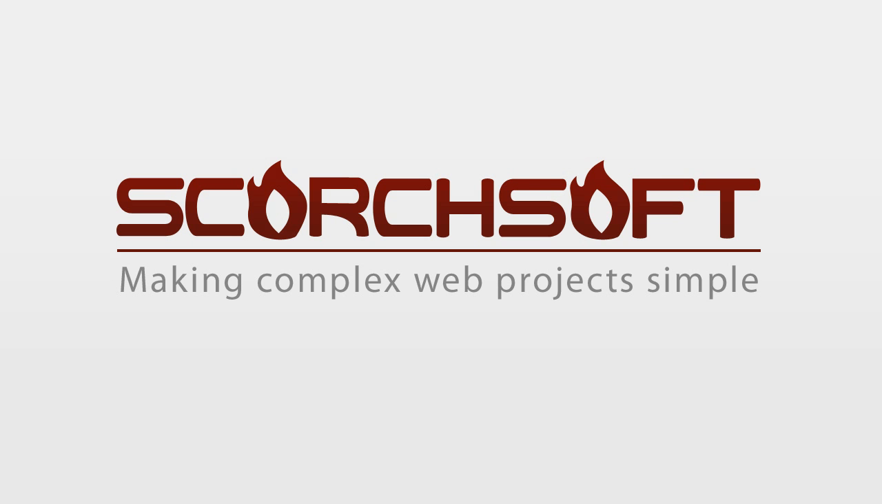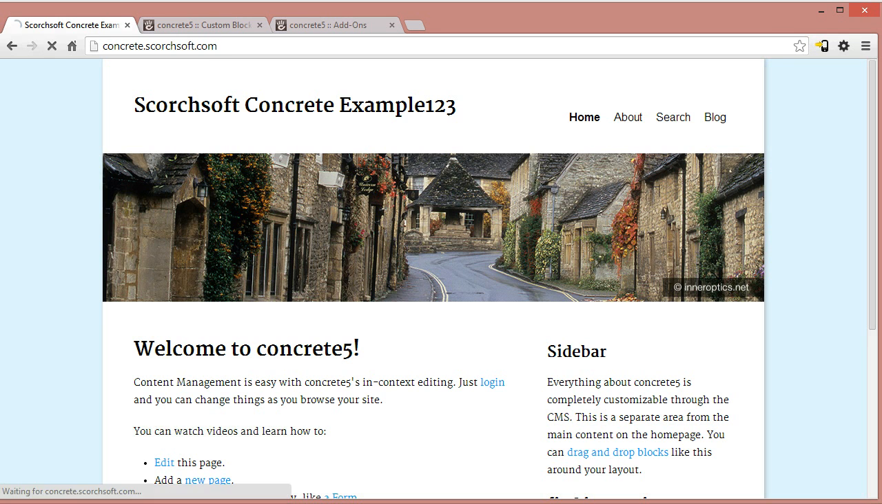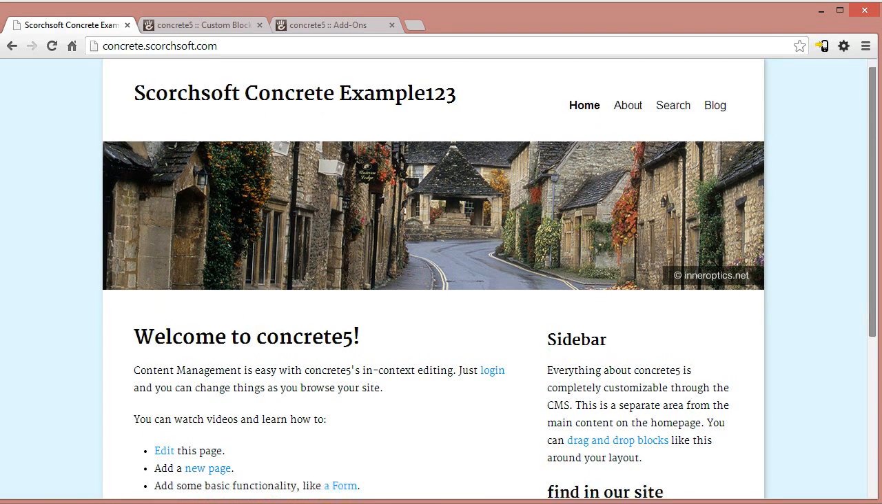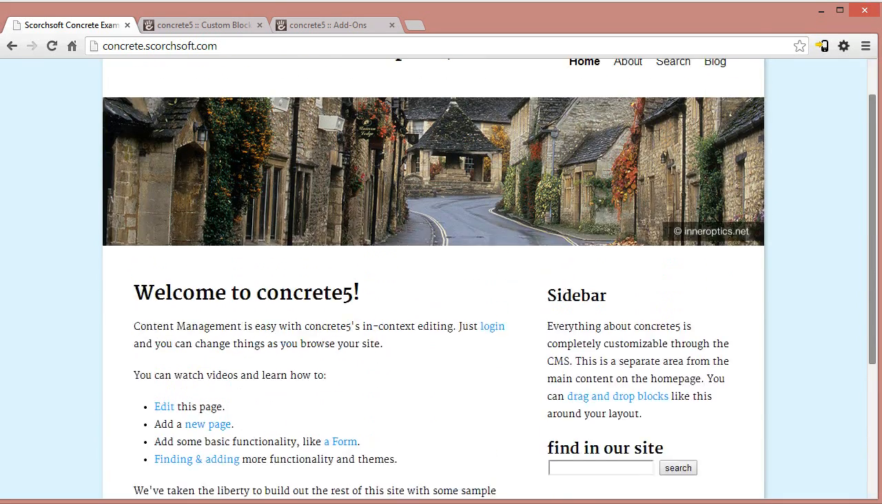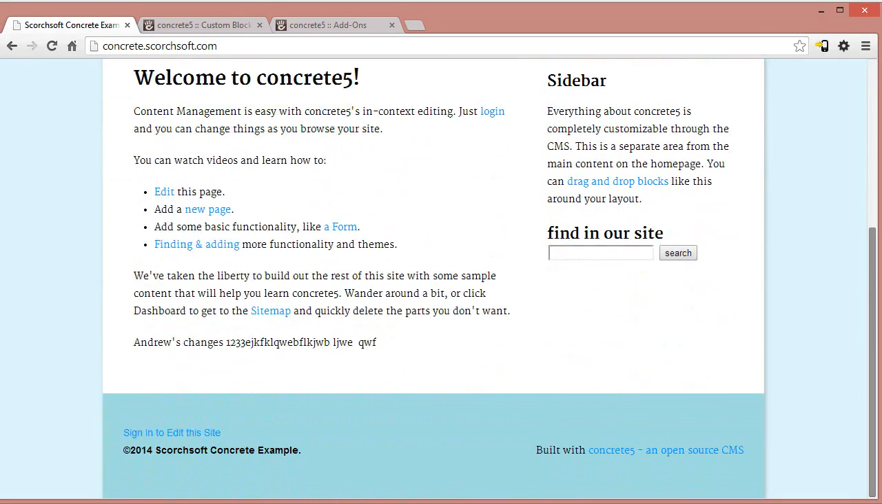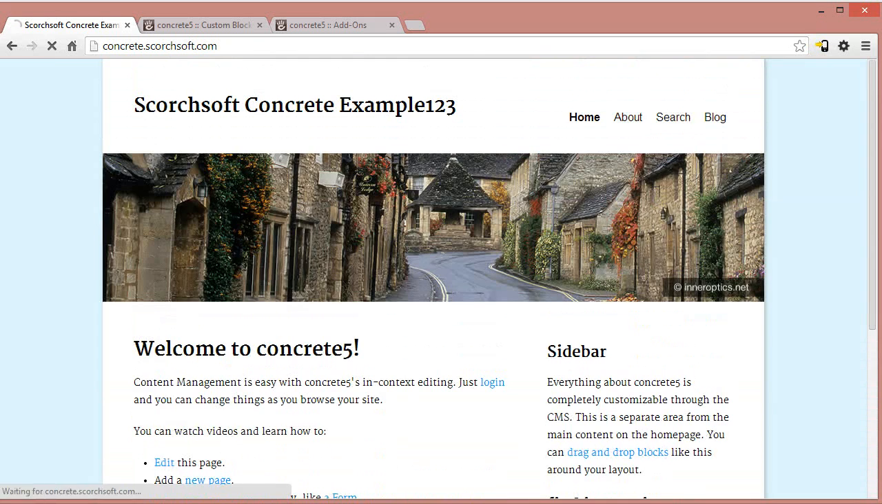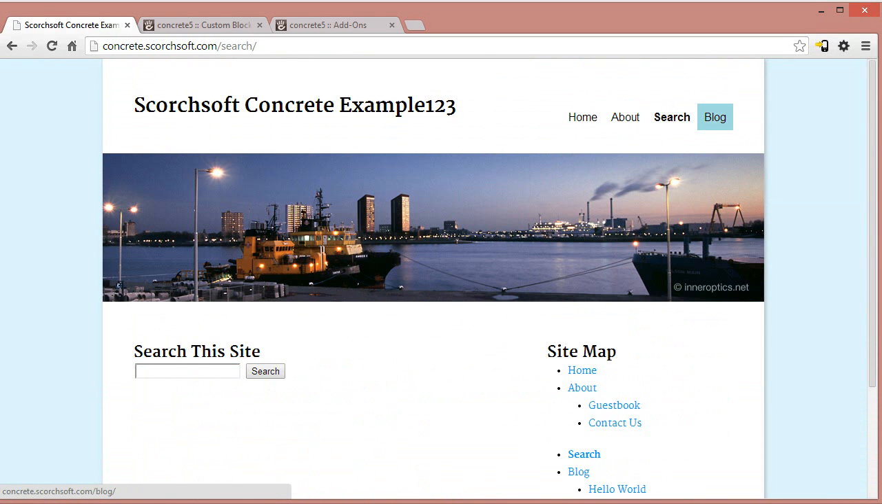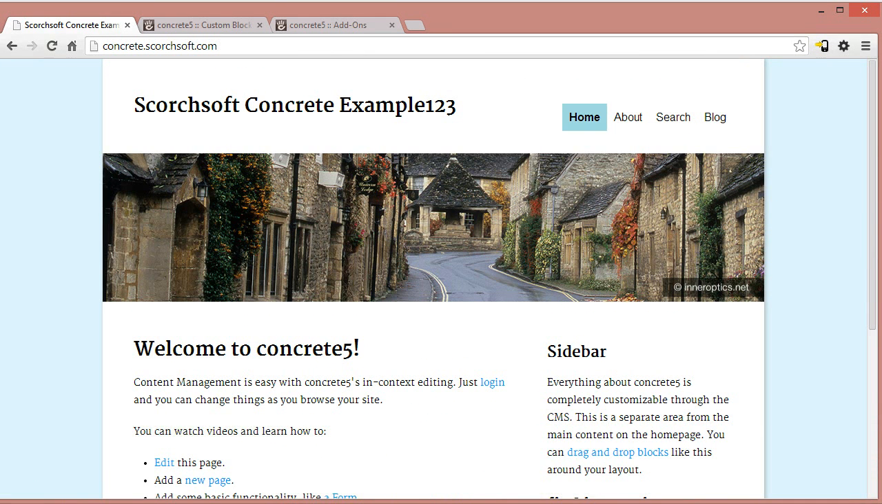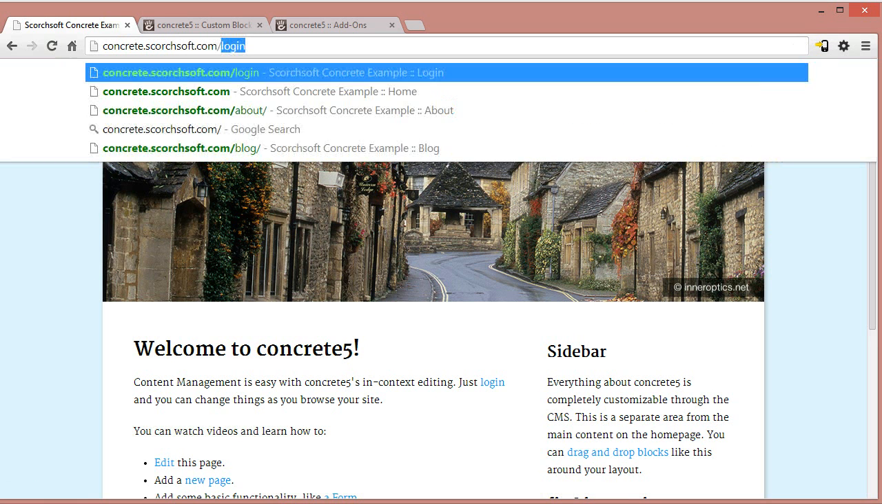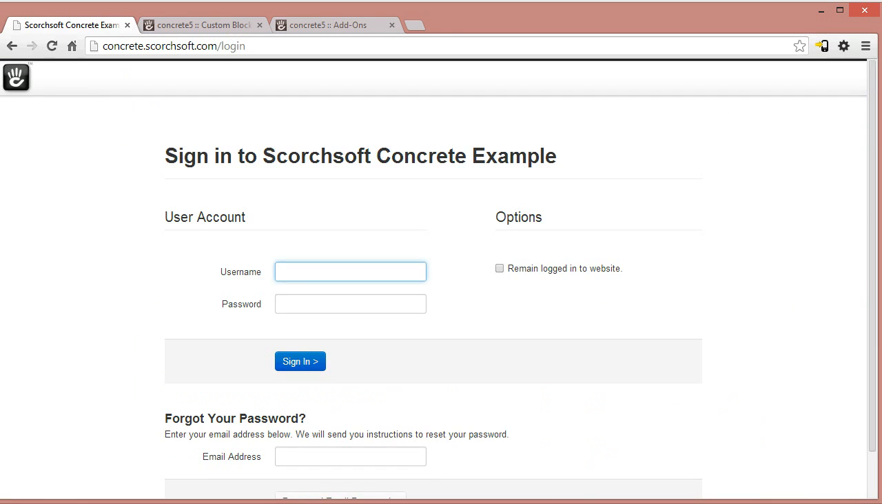So let me get this up a second. This is an example of the Concrete 5 content management system. This is kind of a basic install of how it comes out of the box. So you can see you've got your pages, you've got your blog, basic features that you expect from most websites. Now let me take you straight to the login section, and I'm actually going to log in